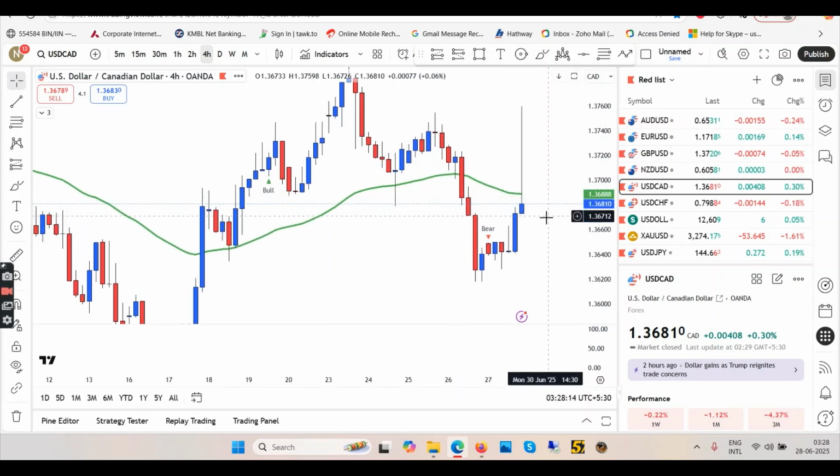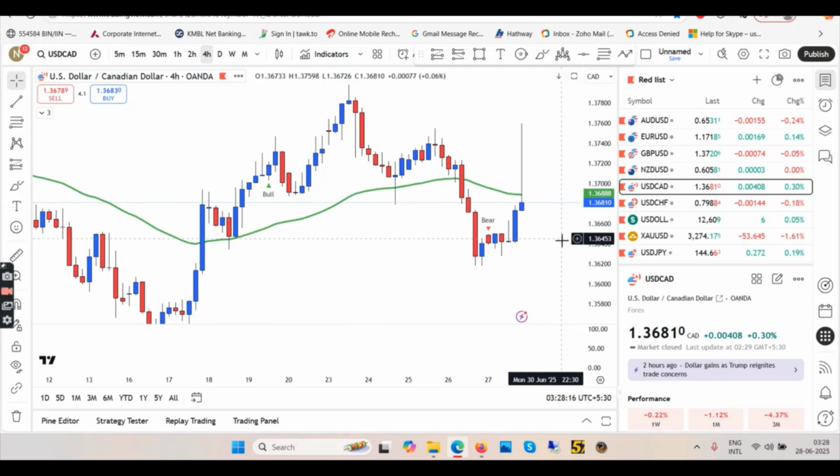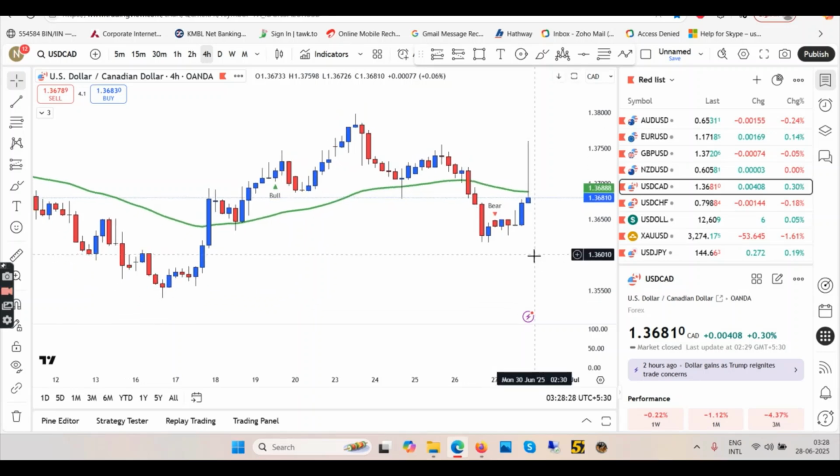No point in taking long in this. When the market opens, wait for the next 4 hours. Then there should be a red candle which will eat this blue candle. As soon as you have the confirmation red candle, enter short and then take a profit somewhere here. Easy trade, easy peasy, lemon squeezy.